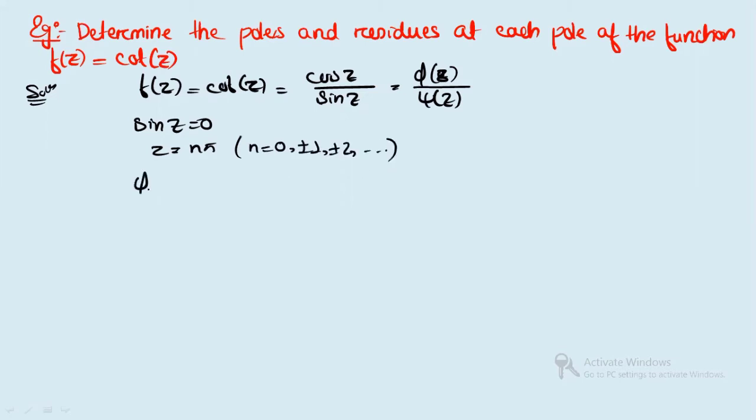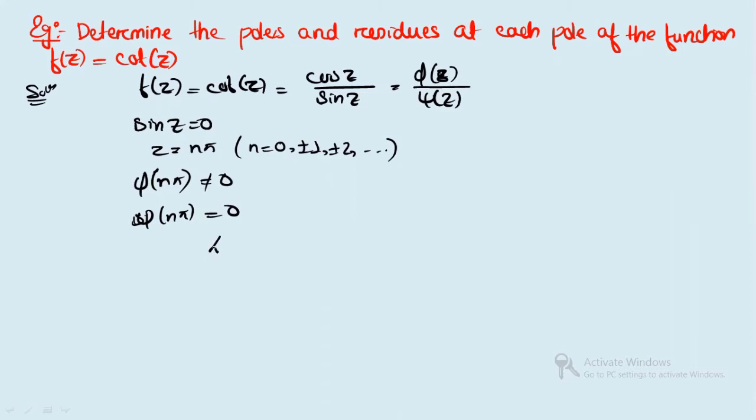So first, what you will do, you will put phi and pi, right? If you do phi at n pi, what is it equal to? It is not equal to 0, because cos n pi is not equal to 0, right? But if you put psi at n pi, then it is equal to 0. So finally, the criteria which was given for method 2 is fulfilled.